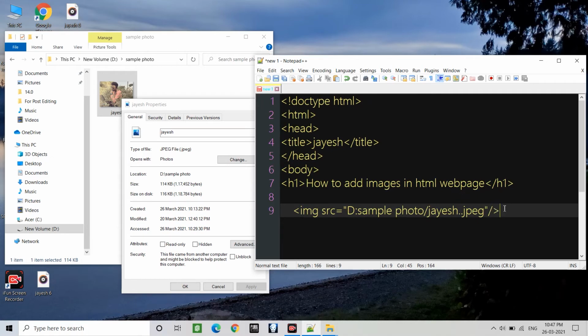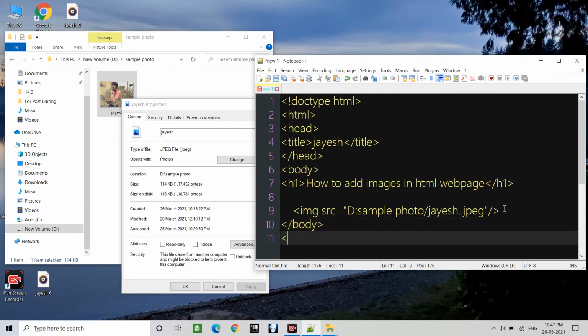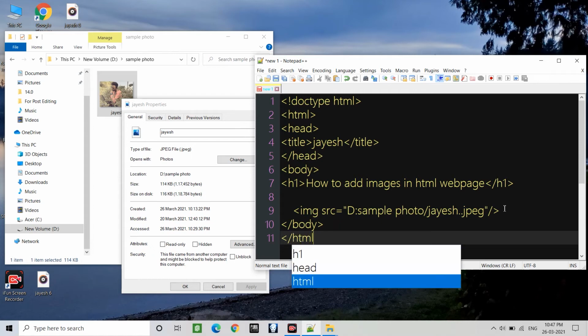For that I am using this sign here, and after this you have to close your body tag here. So this is our close body tag, and after that I am using the HTML close tag here, as I already mentioned in my previous video.